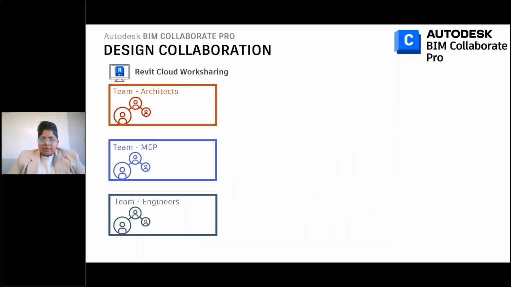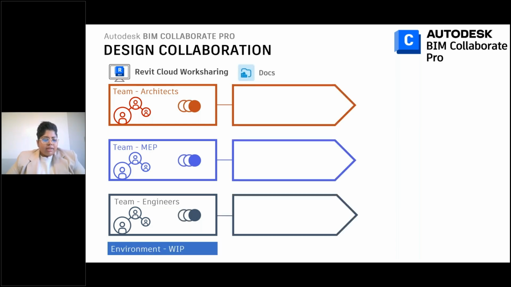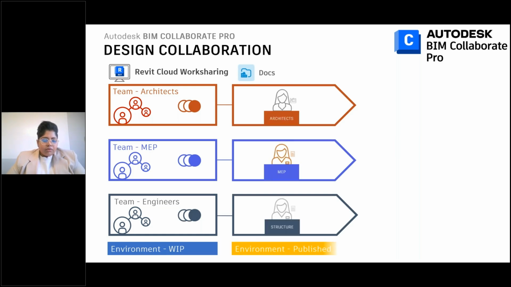And then just to take you through a quick workflow in terms of design collaboration and how each of the teams would collaborate with each other, how they would share information as well as receive information. So if we think about different teams that you'd have on the project, if we just bundle that up into 3 categories, architects, MEP, and engineers, and they are all sharing their Revit models to the cloud. They each have their models, they each have different versions, and that is their work in progress model. In Autodesk Docs, their published models will live in that platform for each team. And then on top of that, within design collaboration,